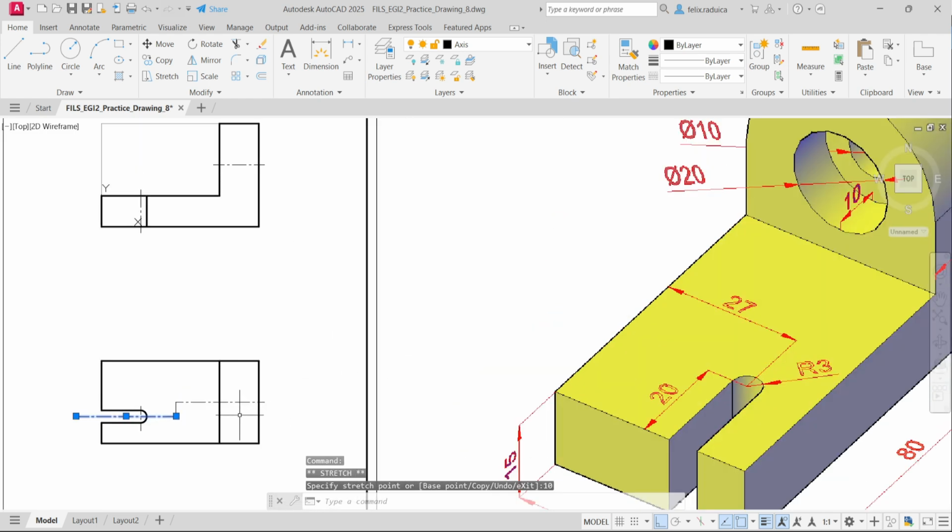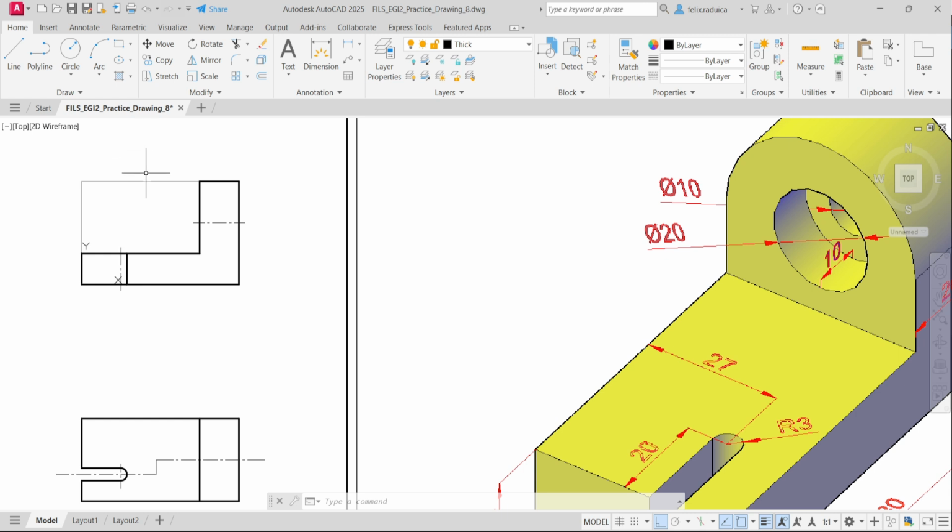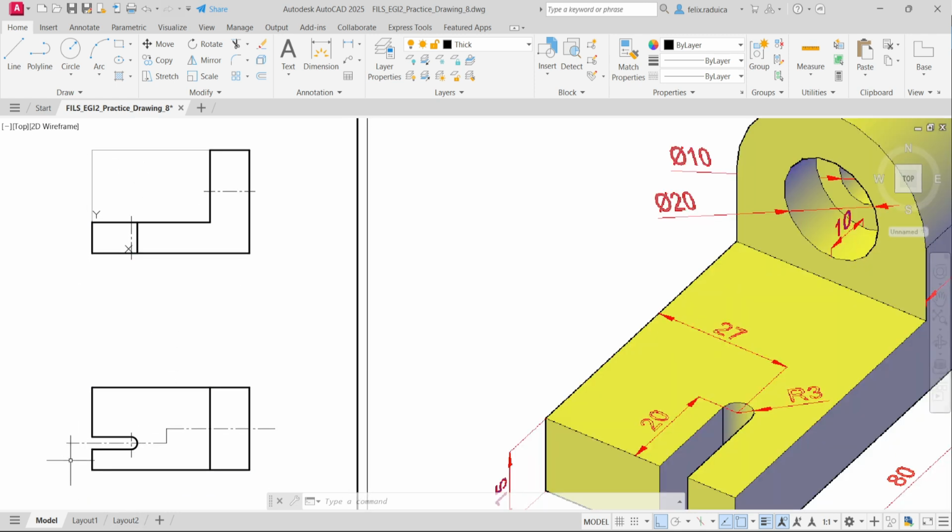And also here I need to extend this as well. Okay. And I have to place the special letter here that will denote the cutting plane, and then I have to label this view as the resulting projection. So right here